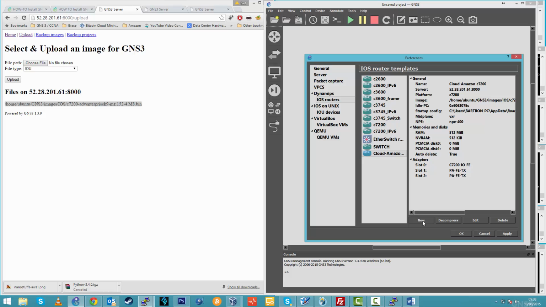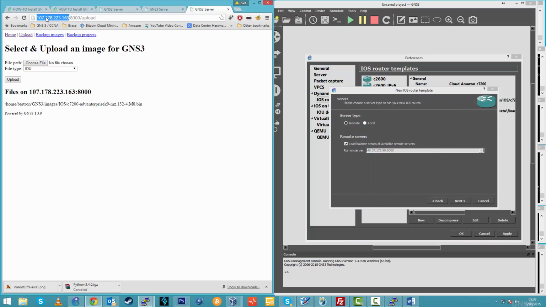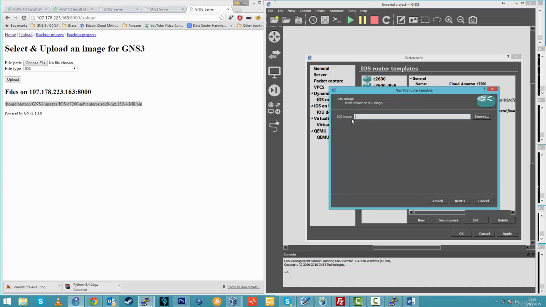Let's do this one here, which is Google. Untick load balance and choose the one ending in 163, this one here. Next, copy the location, paste, click next,